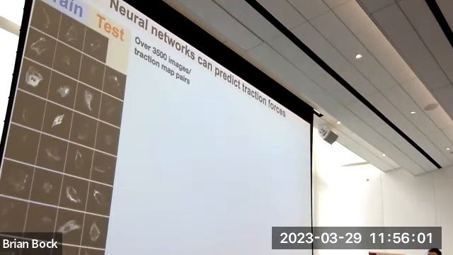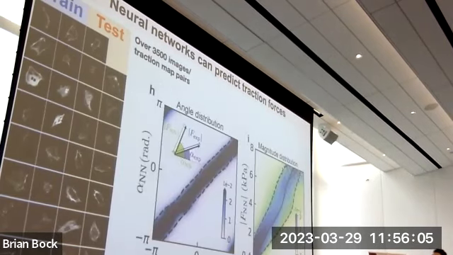Now, of course, the way we did it was thousands of images split into train and test data. And here is the angle of these forces in our neural net prediction. In the experiment, the straight line here is perfect prediction. There's a bit of spread. It's a bit harder to predict the magnitude of the forces, but we're not doing badly either.